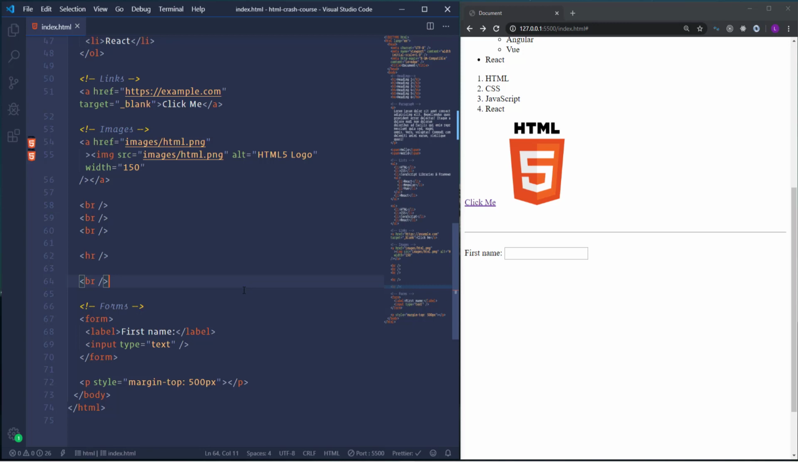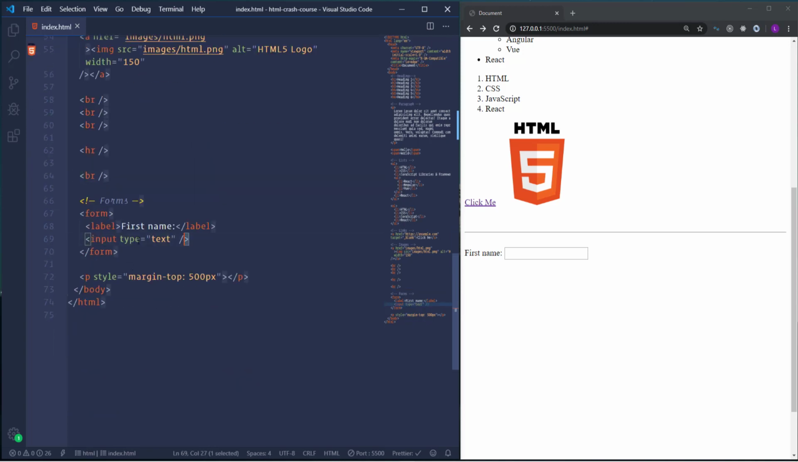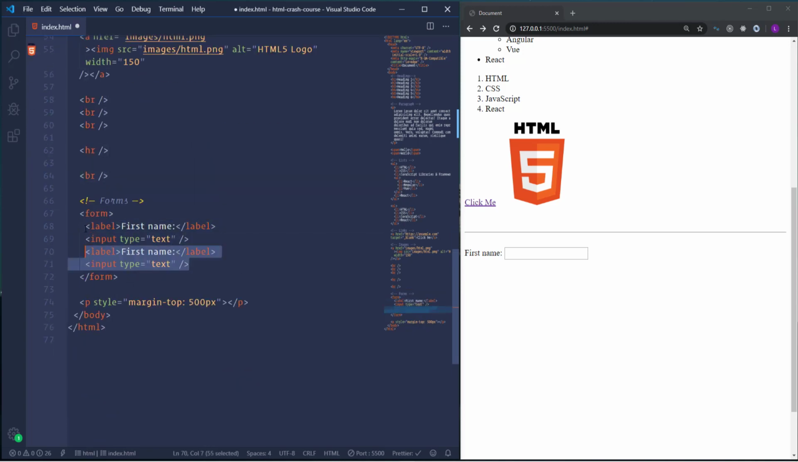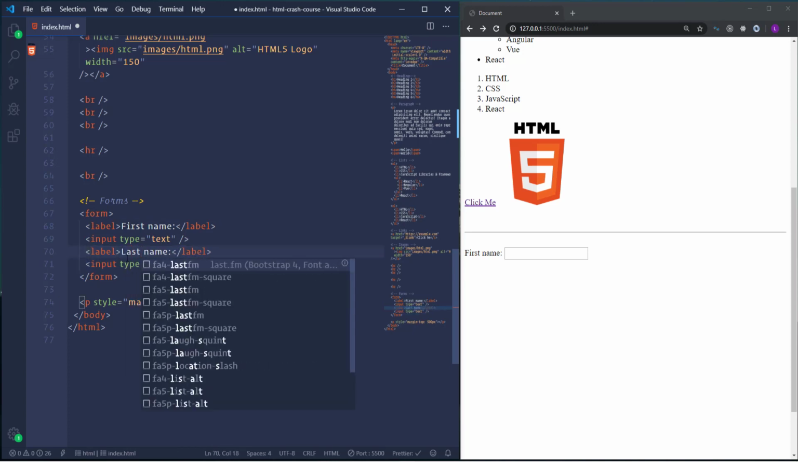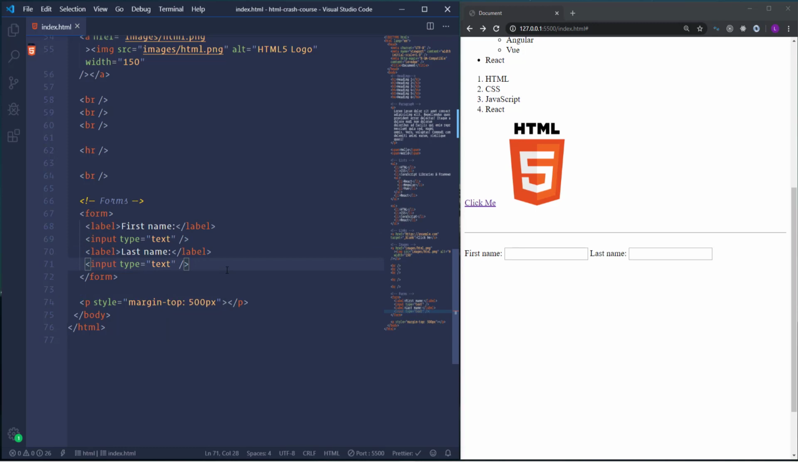Alright, now I'm going to duplicate those two elements and then change the content of the label. Let's write here last name. So as you can see, we have here two groups of inputs. They are placed side by side because those elements are inline elements. Now I want to place the second group on a new line, and for that I'm going to wrap each